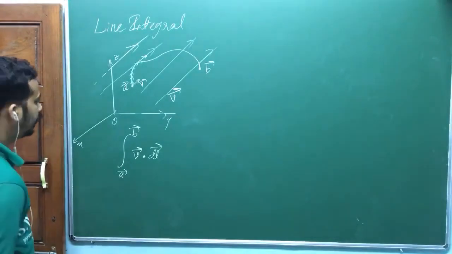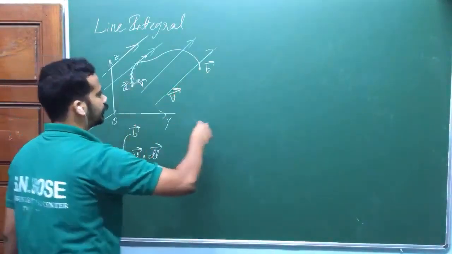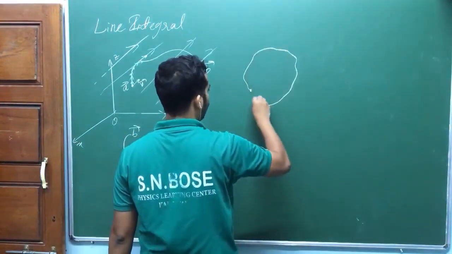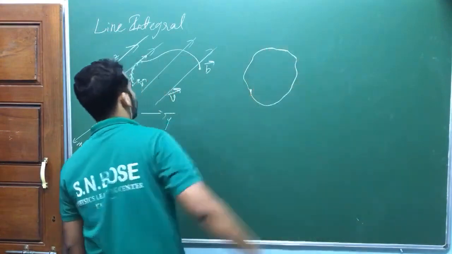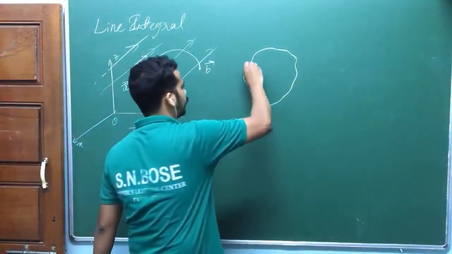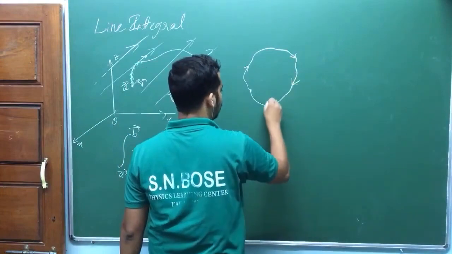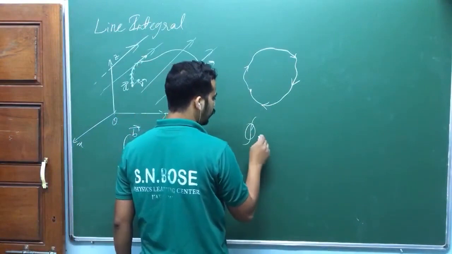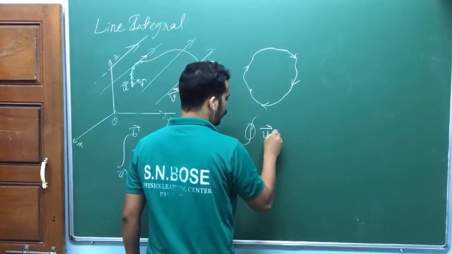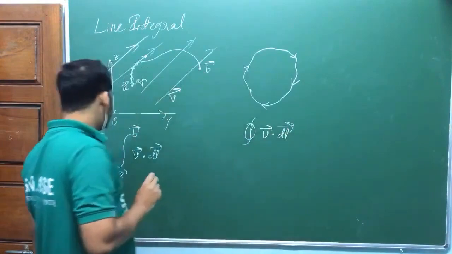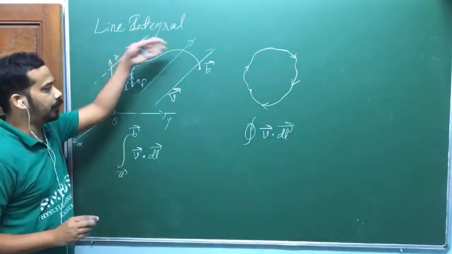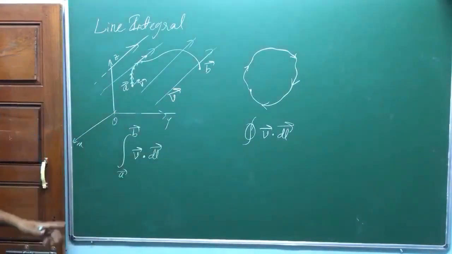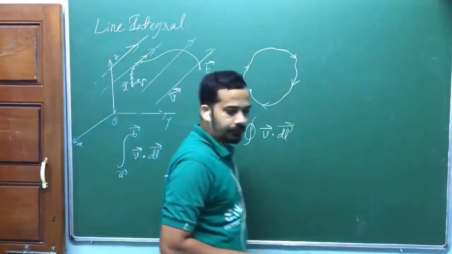Is that okay? Now, if B coincides with A, am I right? If I start from here, go around some region, and come back to the same point, then we call it a closed line integral or closed path integral, isn't it? That closed path integral has the symbol, closed path integral of V bar dot dl bar, okay? Whenever you write this path integral, either open or closed, whenever you define this,